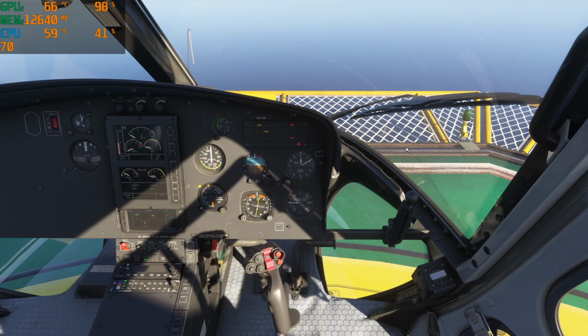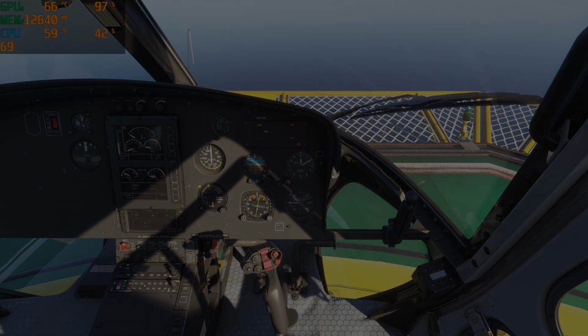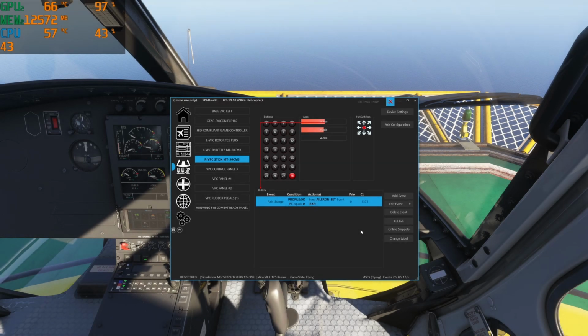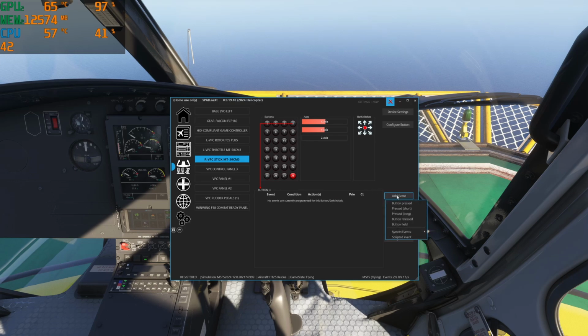Okay, so now let's set up the trim reset. That one is significantly easier. So now for the force trim reset, find a button. In our case, mine are way far away from each other. This one's my pinky button. This one is my thumb button up on the stick. So I'm going to use number 4. I'm going to add action, button pressed,